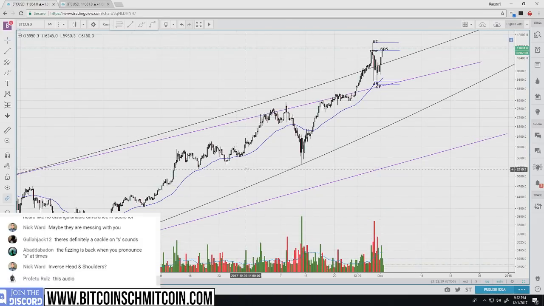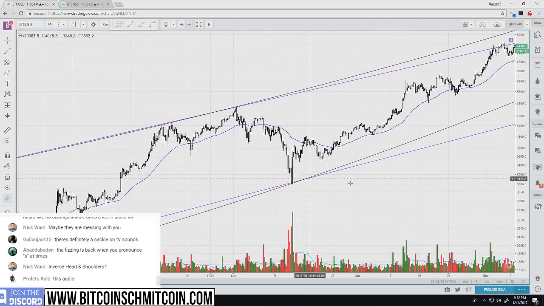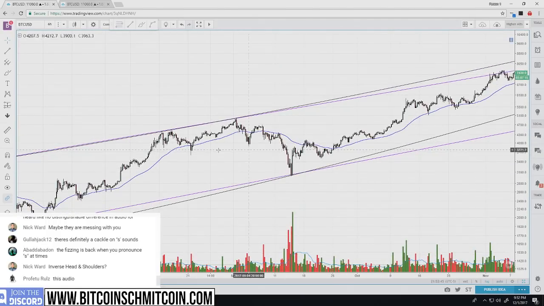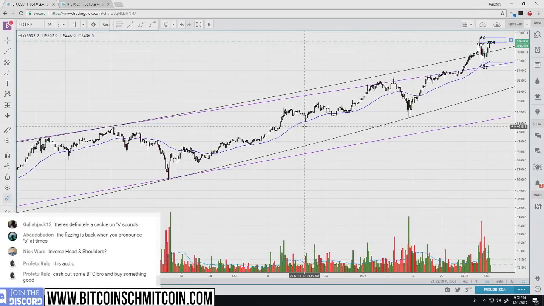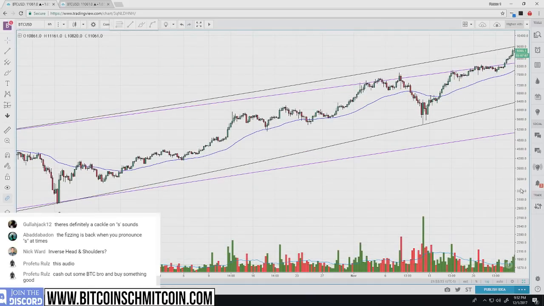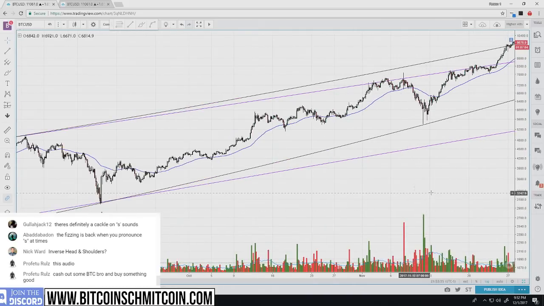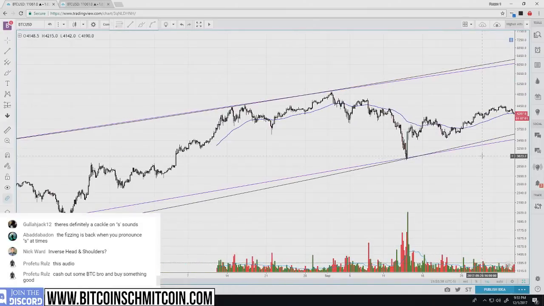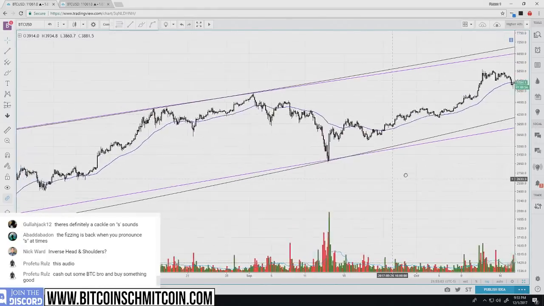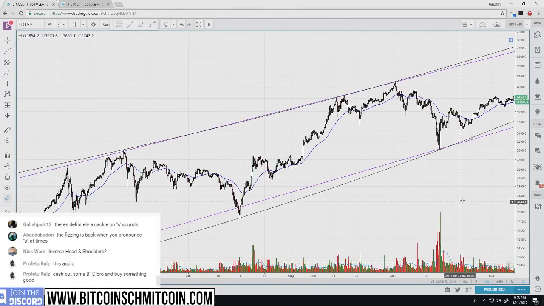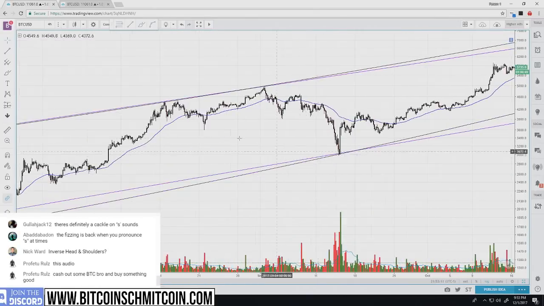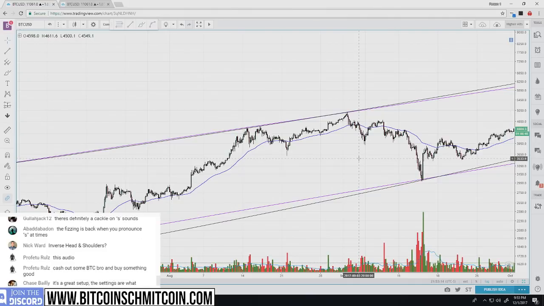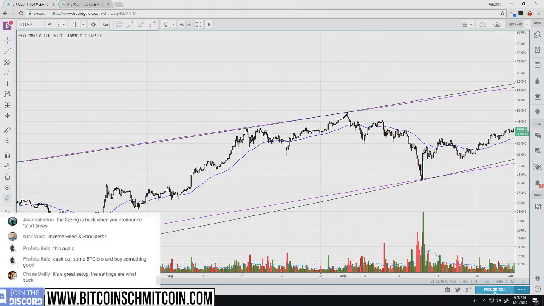Okay, so this is a good one. Okay, let's see if we can, okay, here's a good one right here. Let's make it the 240. Where'd it go? Where did it go? I just saw it. Okay, right here. So if we look at this price activity right here, this is like classic reaccumulation activity